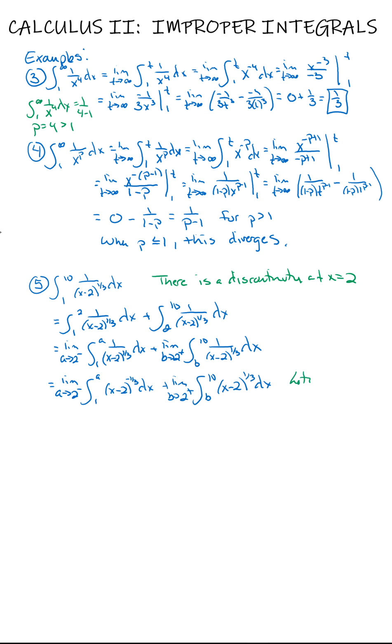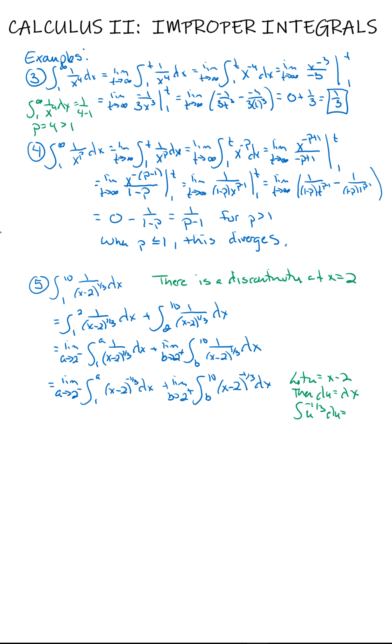If we let u equal x minus 2, then du is simply dx. And we are integrating, in both cases, u to the negative 1/3 power. Oops, I left the negative off at first. There we go. Integrating u to the negative 1/3 du,